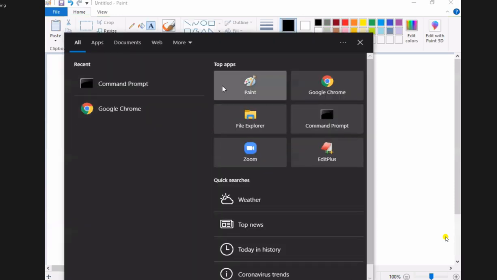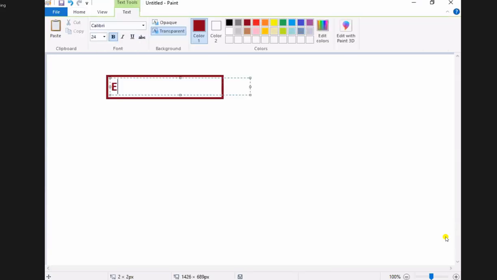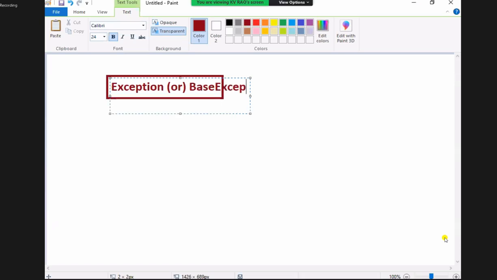one beautiful point I want to write. In Python, there is one chart I am going to draw. What is my chart, my dear students? You know, there is a class called exception. Or there is one more kind of class recently available, that is called base exception. Base exception. Okay, it is becoming very slow.